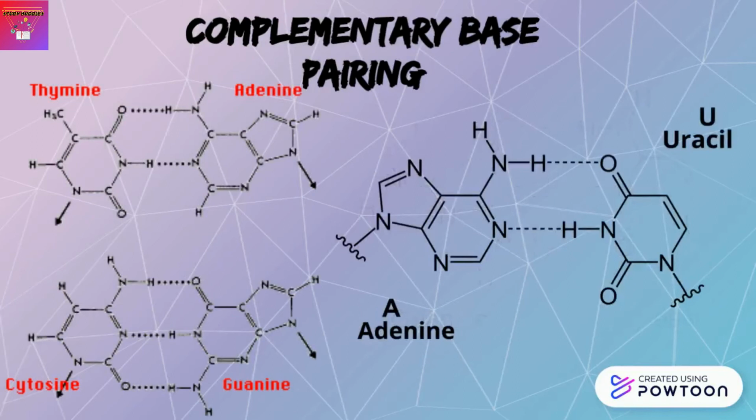This is what I mentioned earlier about the size of these bases, where purines are larger than pyrimidines. Pairing of purine-purine would make the nucleic acid very narrow, while pairing of pyrimidine-pyrimidine would make the nucleic acid very wide. Another reason complementary base pairing is important is because only the right pair can form hydrogen bonding between them to form the double-stranded helix structure.